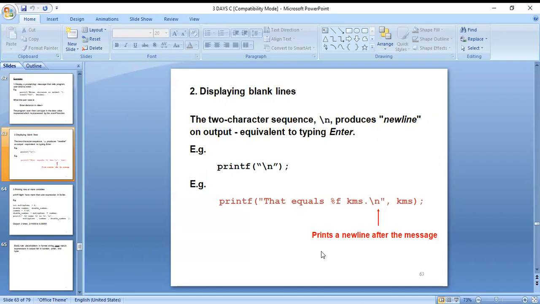Here in printf you can give backslash n, which is for a new line. The output goes to the new line, equivalent to typing Enter. This backslash n produces the new line.